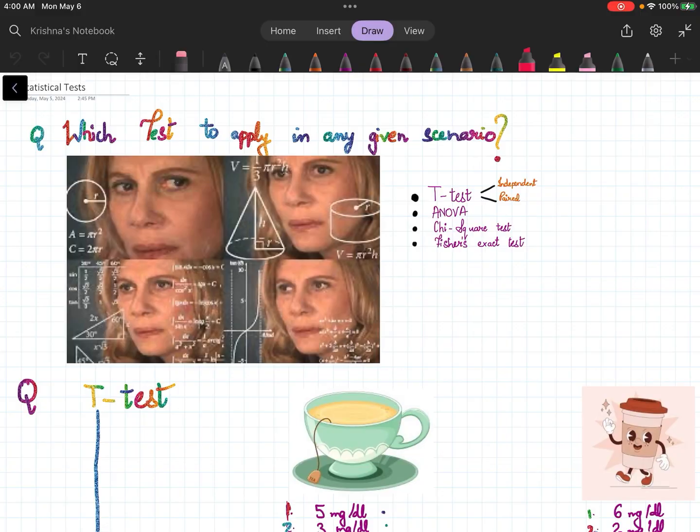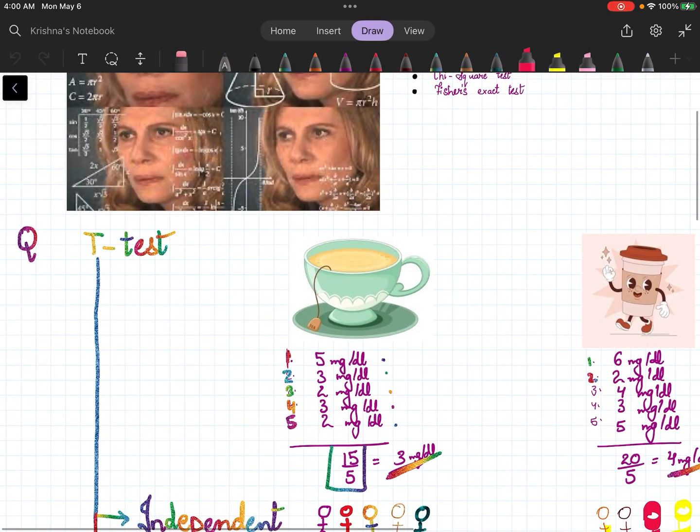So, to begin with, imagine that you are a very brave scientist and you're trying to figure out a difference between two groups. Let's say you're trying to hunt down the difference in caffeine level between coffee drinkers and tea sippers. So, you take 5 participants who drink tea and 5 participants who drink coffee and you measure their sample caffeine levels. And then you go ahead and take the mean of